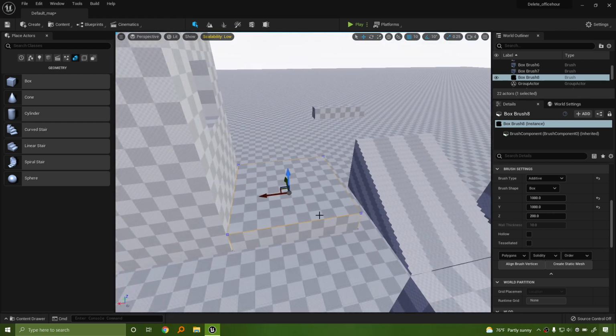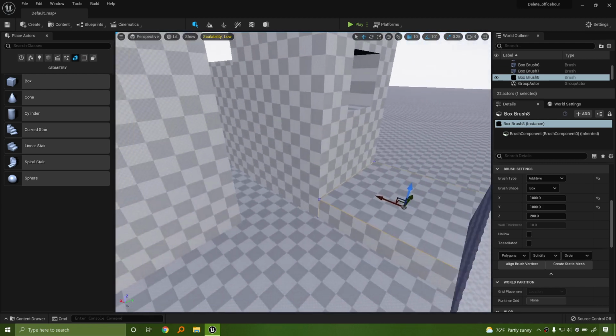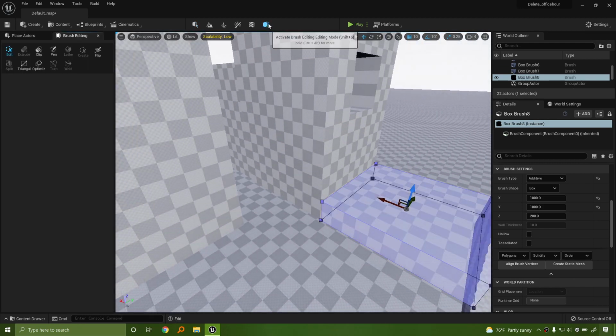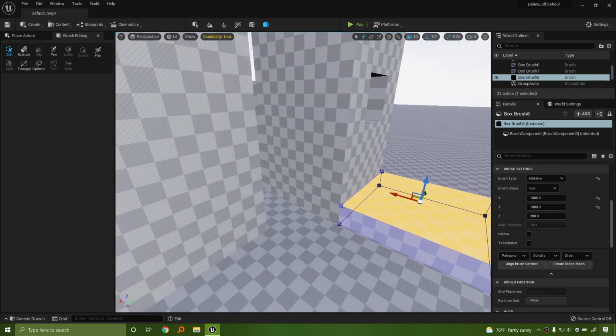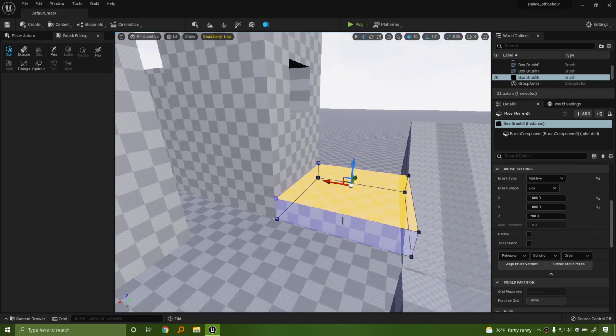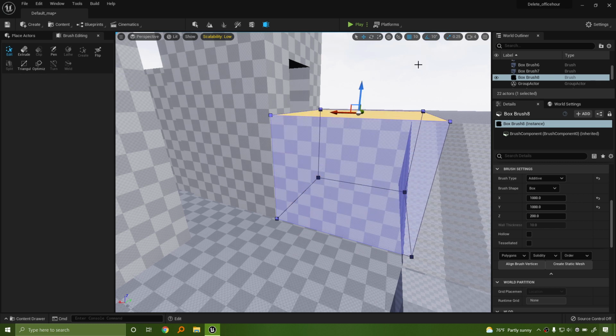Alright, so we've been using a lot of hand placements and just guessing where things are. One of the things that you can do with blueprint brushes or with BSPs is you can click on this button up here to activate your brush editing mode. Check this out. This is a little bit more advanced. I was holding off on this, but as you can see, we have the ability to do things like move individual faces. I'm going to tell you right now that editing brushes should be done last once you have established the overall size.